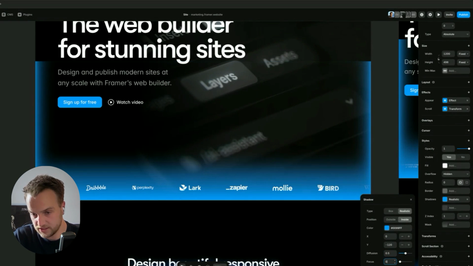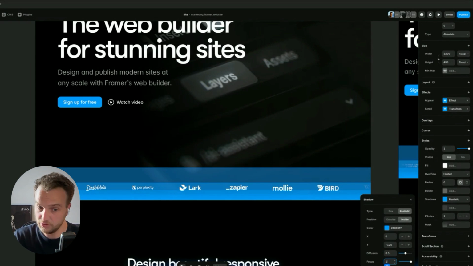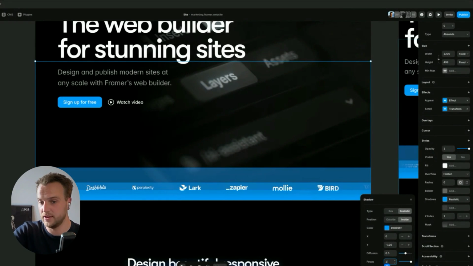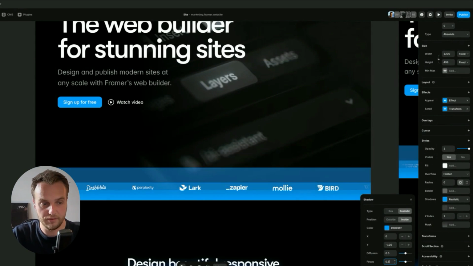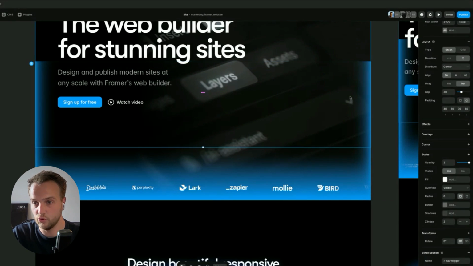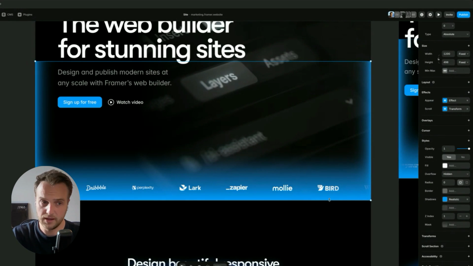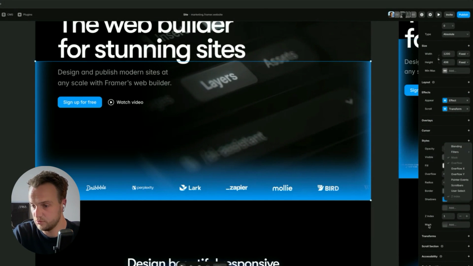You can also see if I set the focus to very low, you can essentially see what this is. It's a bunch of layers layered on top of each other that get different blur values. So this is great for making very cool shadows and glowy stuff. But then you end up with the issue that it cuts off at the top, right? So we have this feature called mask. You can add it here, but I already have one added actually.